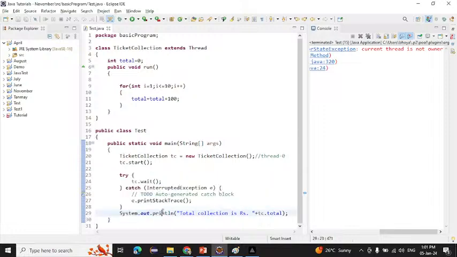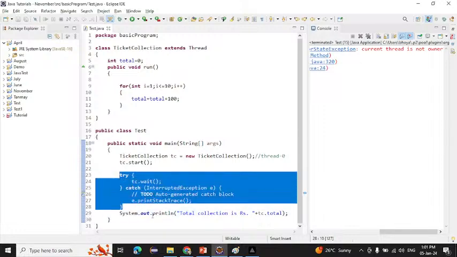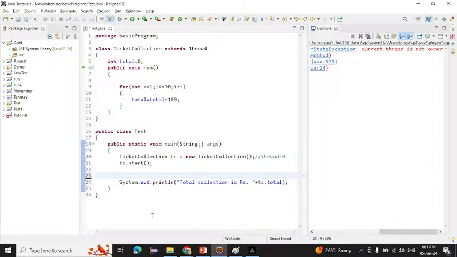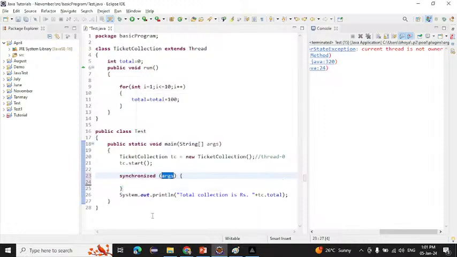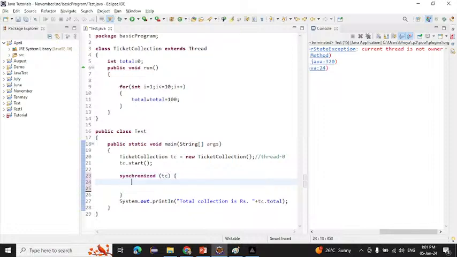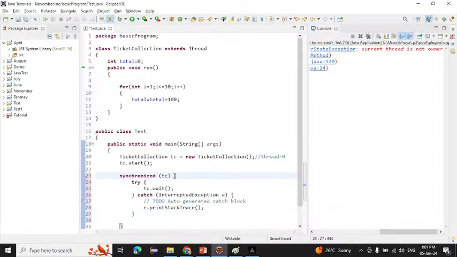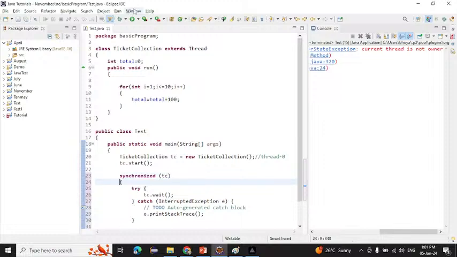For that, what do we need to do? We have to write it inside the synchronized area. Just now we learned that we have to use synchronized here, and here I am writing tc, because we want the ticket collection object. Here I will write that object. Okay, now if I run this again,